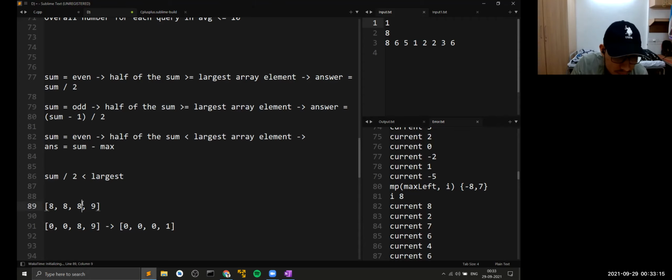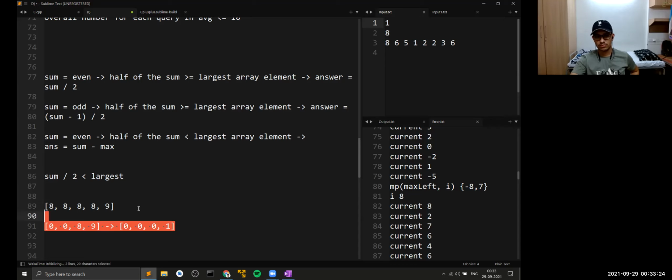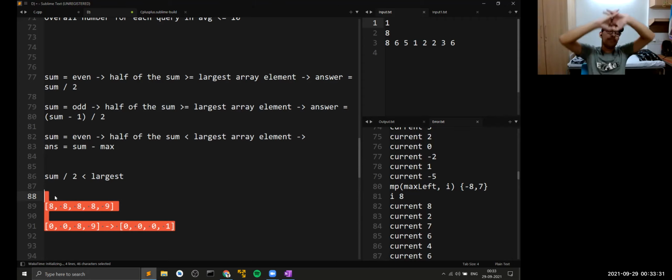Okay, so the last two cases are the cases in which eventually the array will be left with just one element. And the first case is one in which all the elements would cancel out each other and eventually all the values would be consumed.